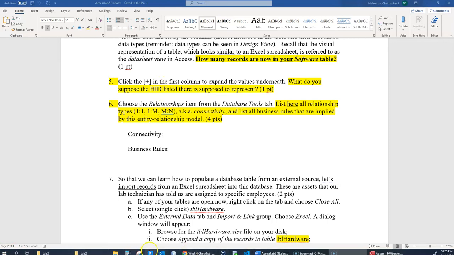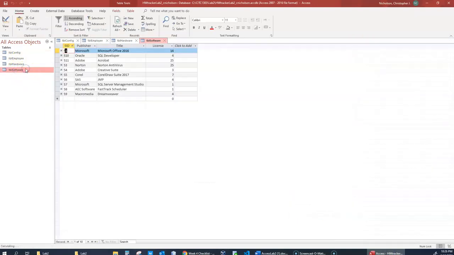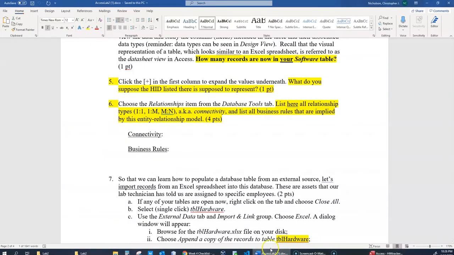So let's look about what they're talking about. And honestly, what is this? The software table we're looking at, I think. I think that's the one we're looking at. I've got two screens, but you don't. So, I mean, you might, but you don't in the video. So I have to keep flipping back and forth because this is a one-screen video. I can probably make a two-screen video. I have to see how to do that. But anyway,